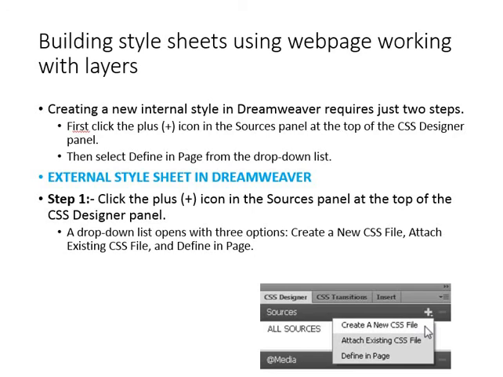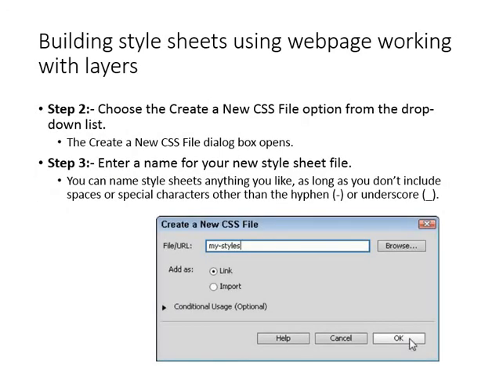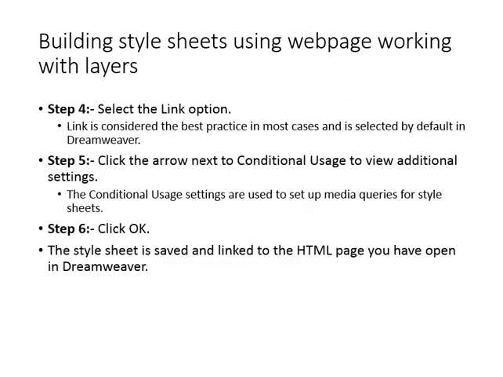When I click create or attach, I'll get a message to create a new file. I have to give the file name, and specify whether I have to link or import. Then when I click OK, automatically the file gets into my HTML page and all the styles that are given there will be